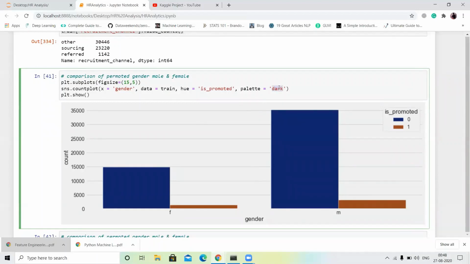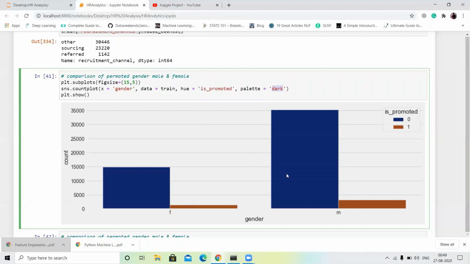So you can see, mainly in the female, approximately 100 candidates are promoted and 15,000 candidates are not promoted in the female column.